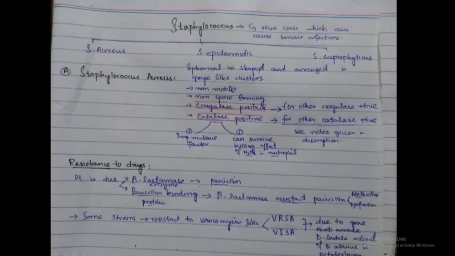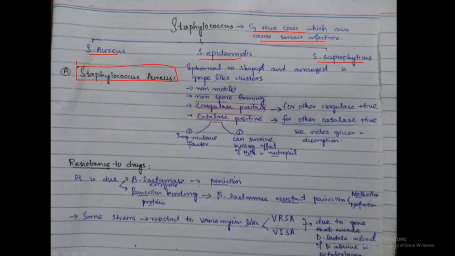Staphylococci are gram-positive cocci which can cause serious skin and soft tissue infection. They are divided into many species, but the medically important species are Staphylococcus aureus, Staphylococcus epidermidis, and Staphylococcus saprophyticus. In this tutorial, we will study only Staphylococcus aureus, which is one of the most important bacteria in